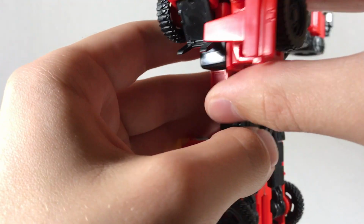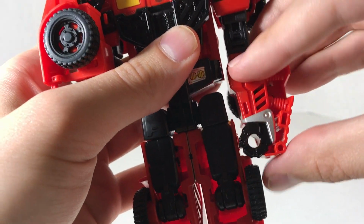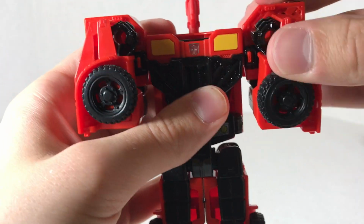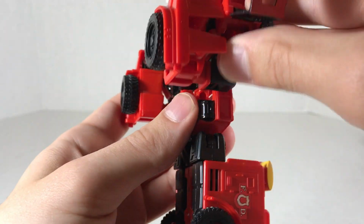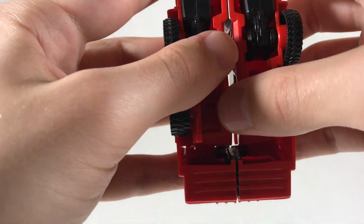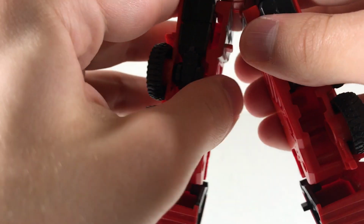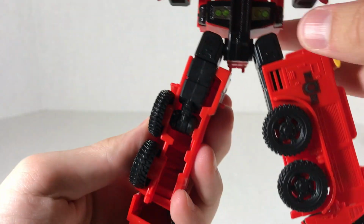Then you can flip that bit down, and that side is done. Repeat on the other side, rotate, untab, bend, up, tab together, fold that down, easy peasy lemon squeezy. Next, we're gonna come down here and split the legs. We will rotate them around like so,